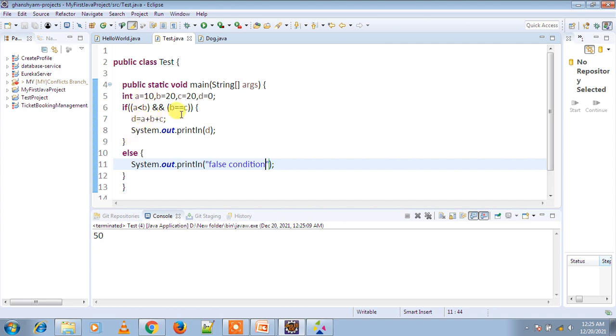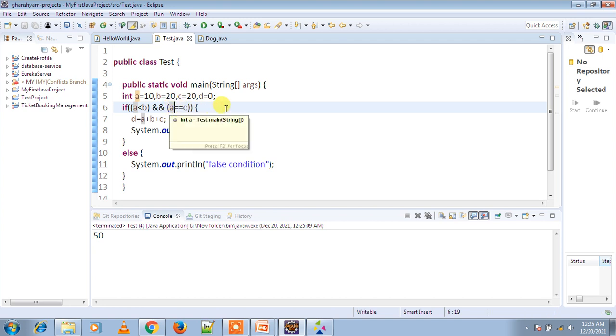But what happens if you check the second condition as a equal to c? Now the result of a equal to c is false. The first condition is true, but the second condition is false, so the whole result will be false. So this if block will not execute, so the else block will execute. If you run this program, you can see the false condition, which means the else block is executed this time.